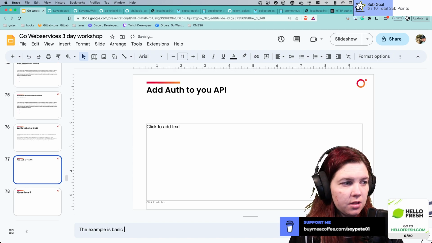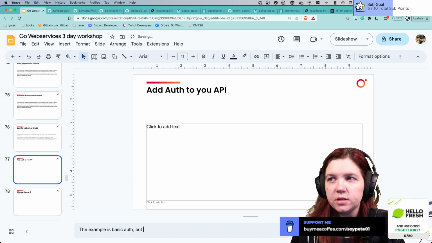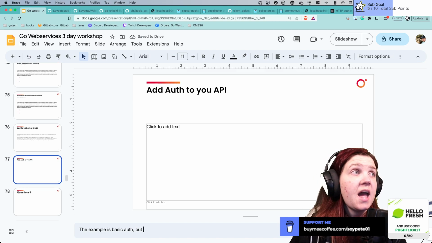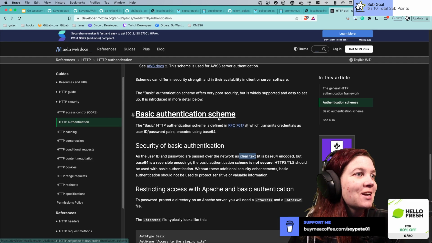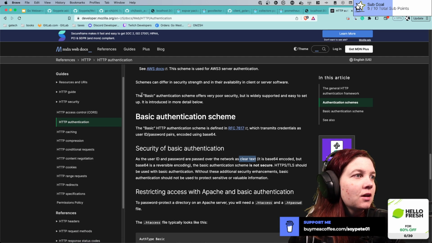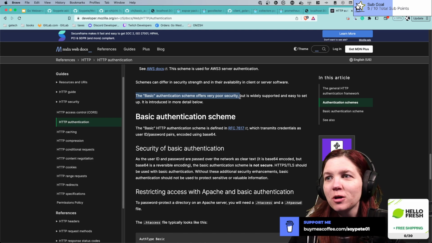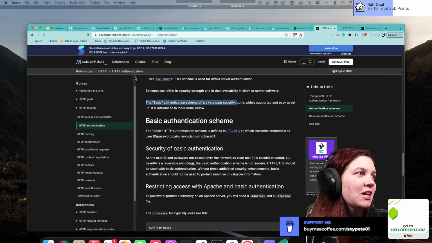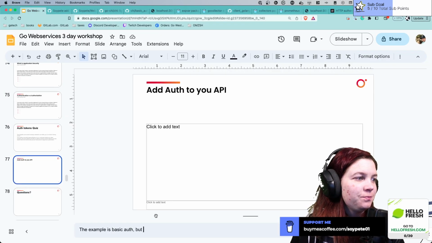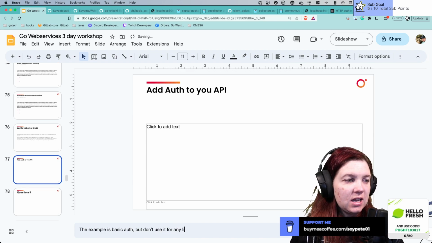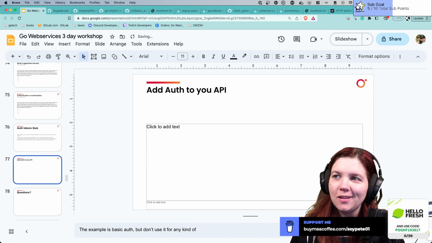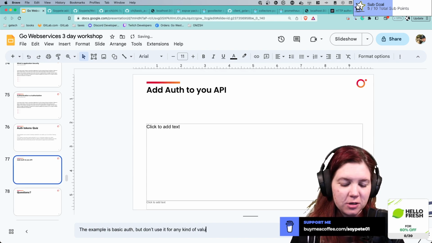is basic auth. But if you go read, I have it pulled up here. It literally says somewhere, basic auth offers very poor security. Like, just don't use it. That is essentially literally what they said. For any kind of valuable data protection,